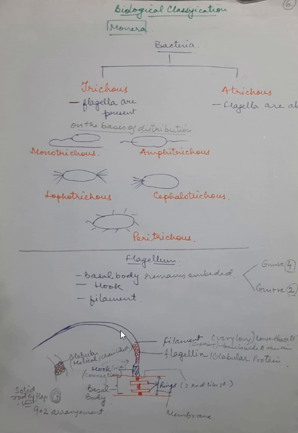So that is about the structure of the flagellum. And I told you in eukaryotic cells, the arrangement of flagella is 9 plus 2, and 9 are present on the periphery and 2 are present in the center. And depending upon the position of the flagellum, if one is there, monotrichous; both the sides, amphitrichous, amphi means both; lopho means the cluster is present on both the sides; whereas if the flagella are present on one side, then we call it cephalotrichous; and if the entire thing is covered, then it is peritrichous. That means flagella are distributed on all the sides.